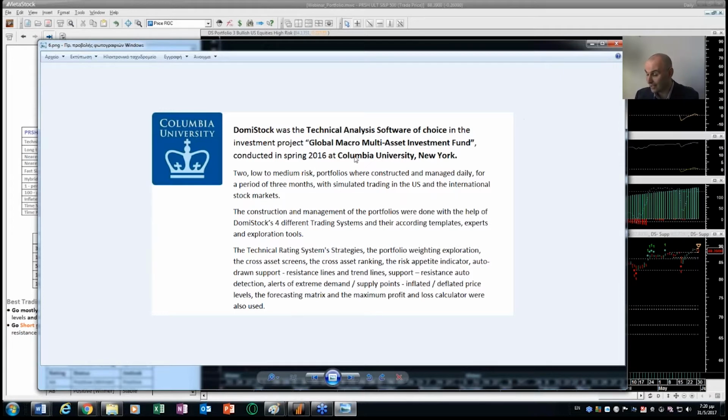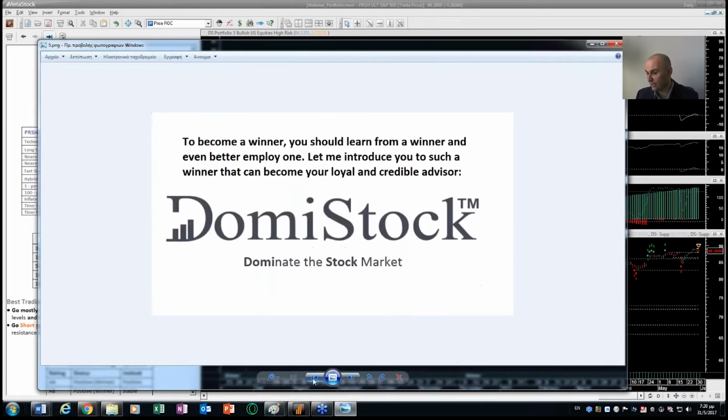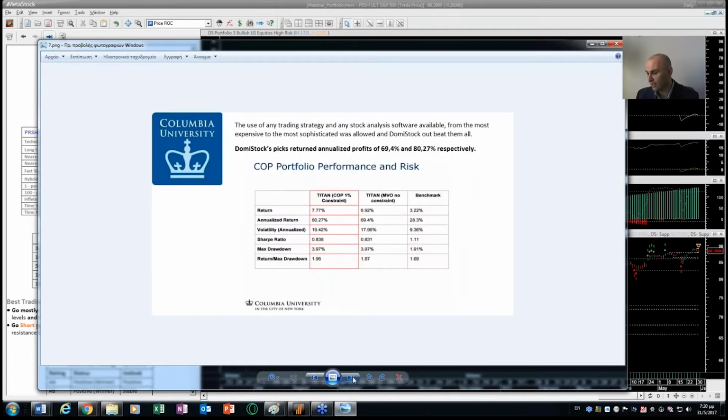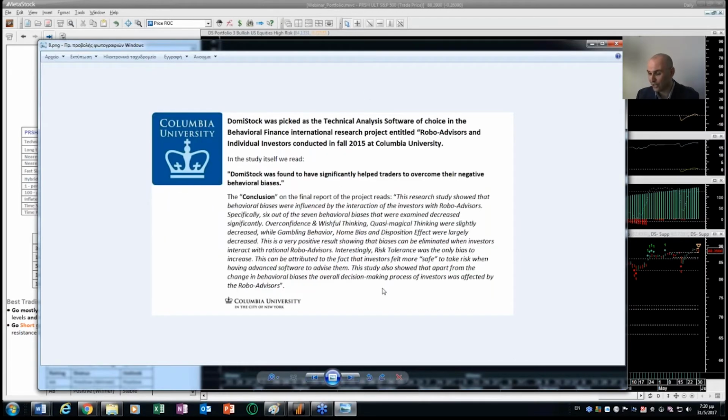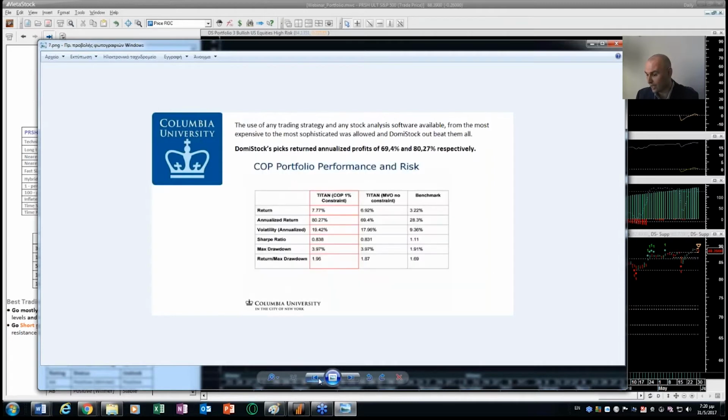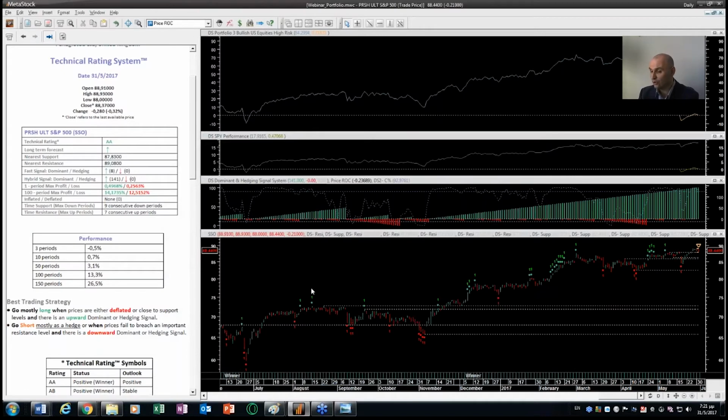It has been selected twice as the robo advisor of choice in a huge national project, and it was the software used in a competition of different stock trading systems, and it ended up first, with a great performance. So what I'm trying to tell you is that what I try to do in DomiStock